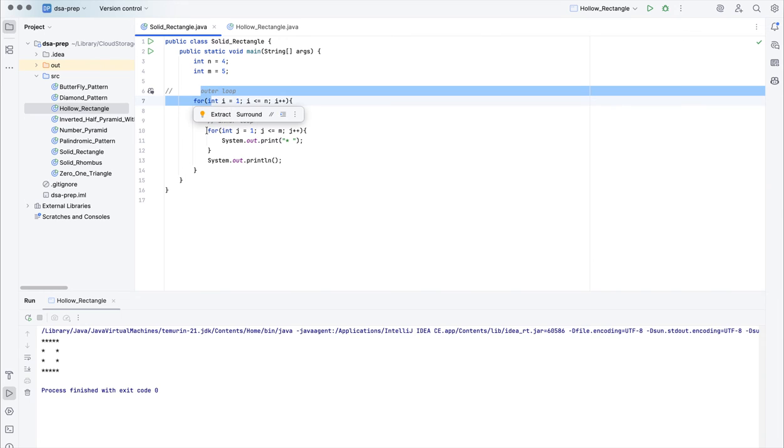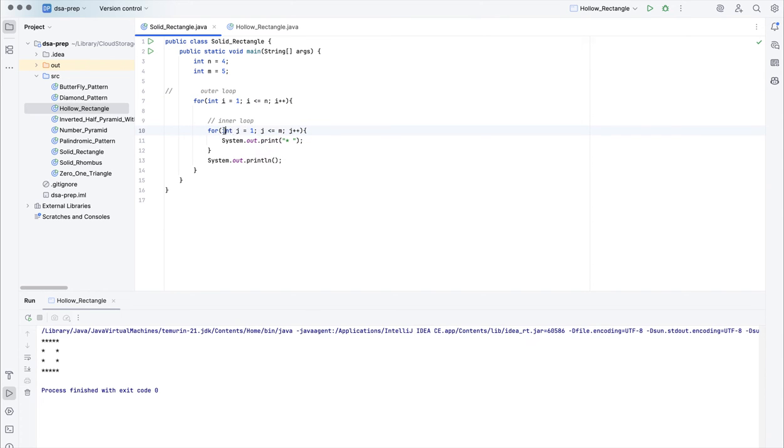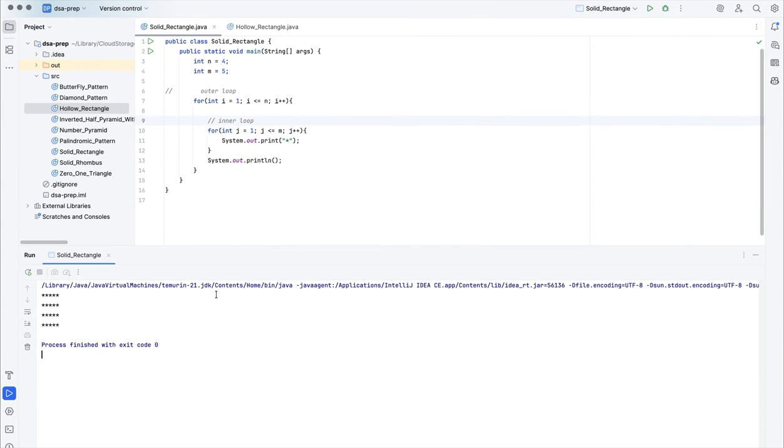Okay, and in the inner loop what we have mentioned is int j equals 1, then j less than or equal to m, right, which is the number of columns. So this will be running, and this will be printing your stars in a row, right? This is how it will happen, and then at the end we are printing a new line. Okay, so let me run and show you. If I run this code, then if you analyze this, first it will come into i equals 1, then it will come into this particular row,